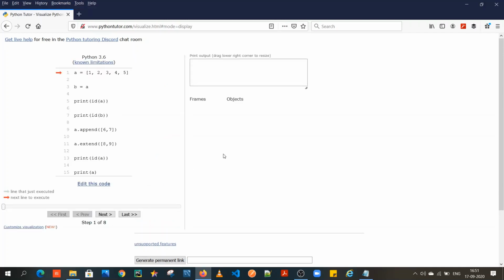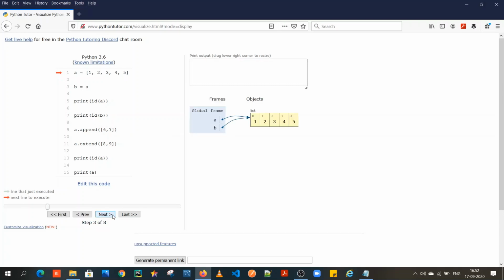And there you go. The next screen which follows has an output window, the frames, the objects, and the code which you have written. The red arrow indicates the line which will be executed next. The green arrow shows the line which was executed previously. Now this is similar to a debugger, but this area of Python Tutor is where the magic happens. This is what you will not find in any debugger. So let's start the execution, and to start the execution, you have to press next. Quick note, it also shows the number of steps in advance that will happen in this program.